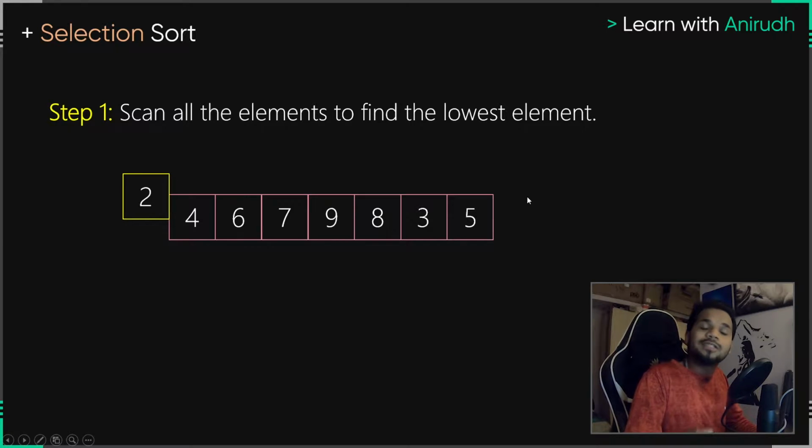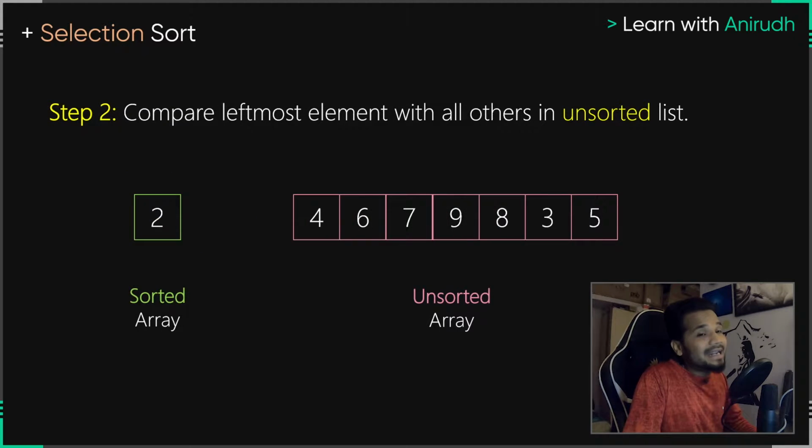So your goal is to first find the minimum element, the smallest element in your entire array, and move it towards a separate array. So what we're trying to do here is find the minimum element and separate it out to a sorted array. As you can see right now, if you know that 2 is the minimum element, common sense will tell you that 2 will be on the leftmost part of our final sorted array.